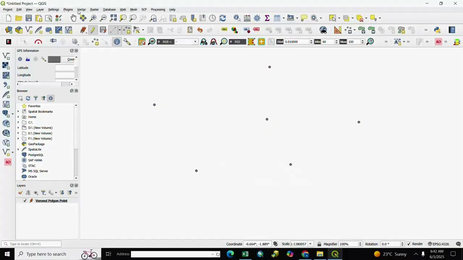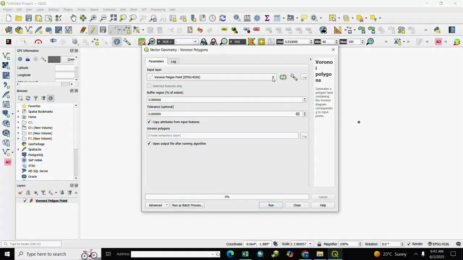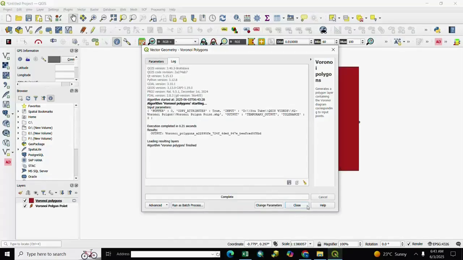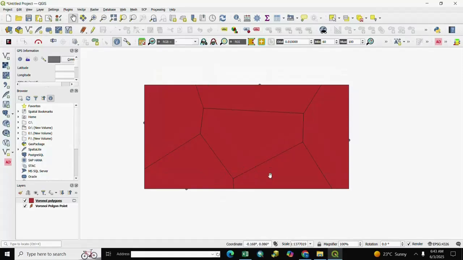Then we go to Vector, Geometry Tool, and Venn polygon, and select here Point, then run and close it. You see here our polygon is created as per our points. In all, the points are an outer polygon, and if you want to create a buffer for the same